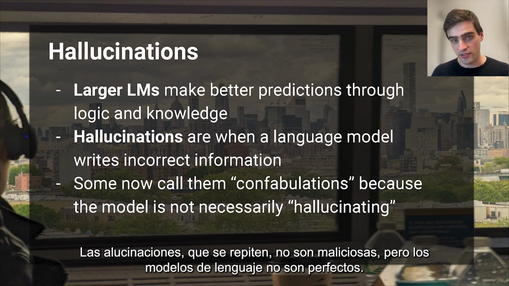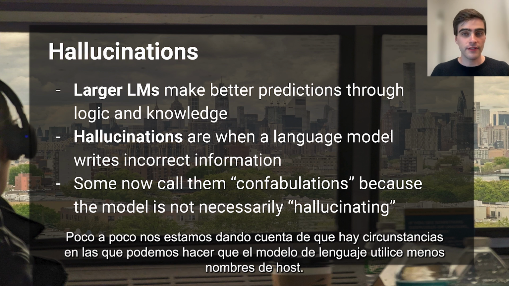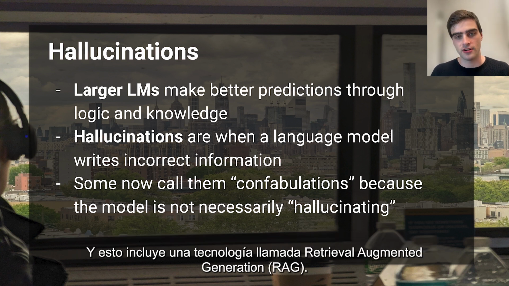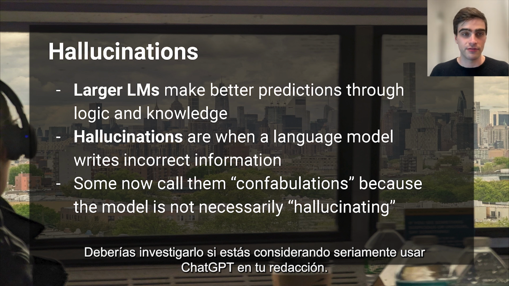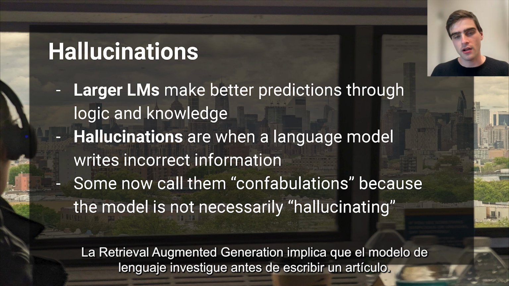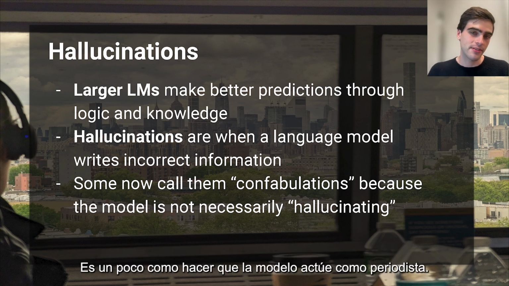Hallucinations, to repeat, are not malicious, but language models are not perfect. We're slowly figuring out that there are circumstances where we can get the language model to hallucinate less, and this includes a technology called Retrieval augmented generation. You should look into it if you're seriously considering using ChatGPT in your newsroom. Retrieval augmented generation involves having the language model do research before writing an article. It's a bit like having the model act like a